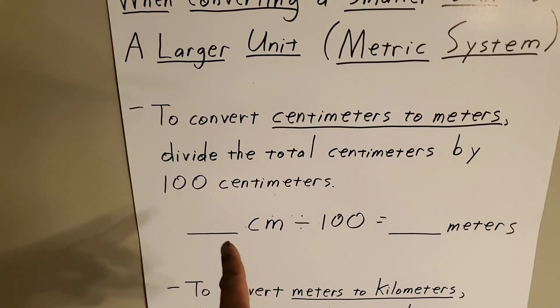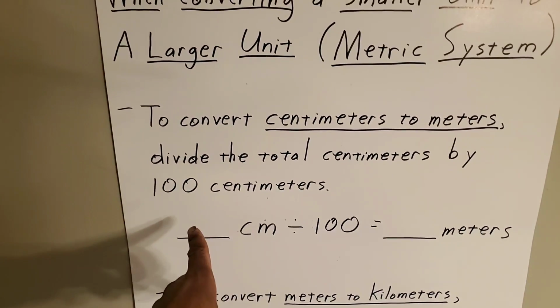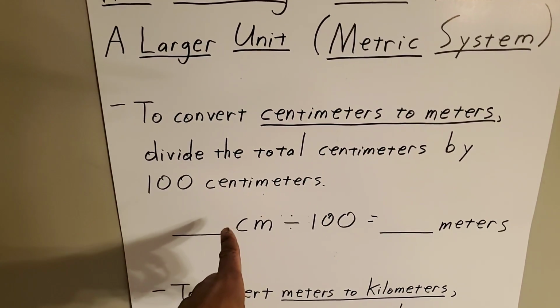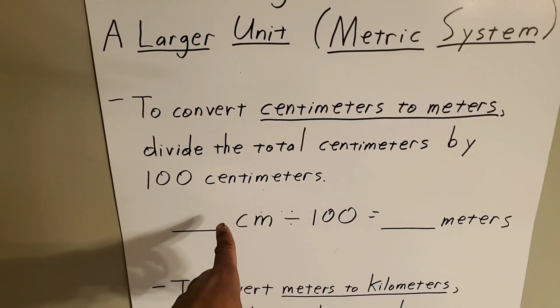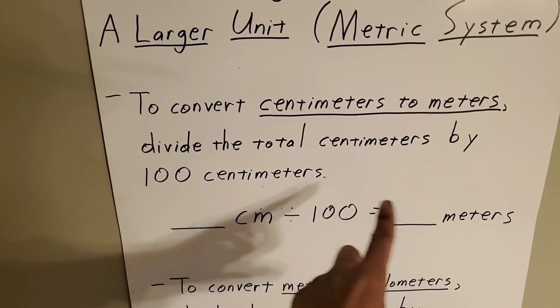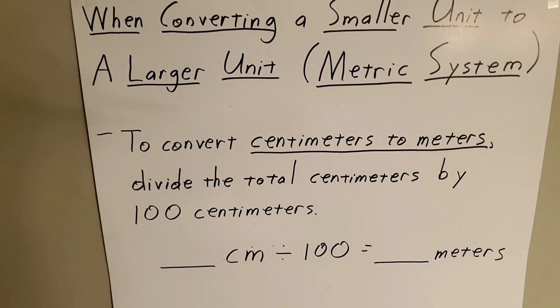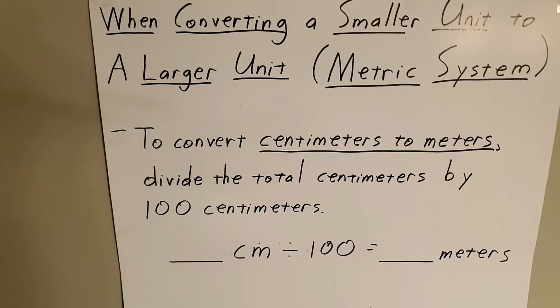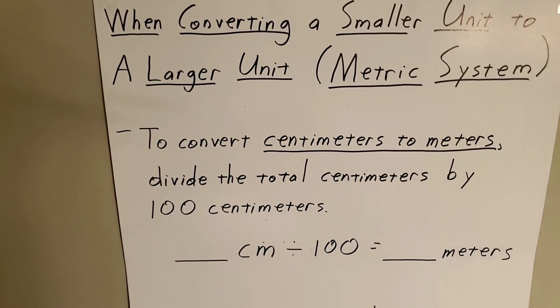So you measure the object in centimeters. If you want to convert it to meters, divide it by 100, and that will tell you how many meters the object is. Now,